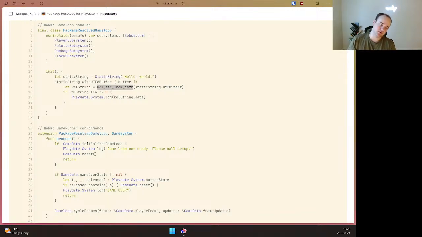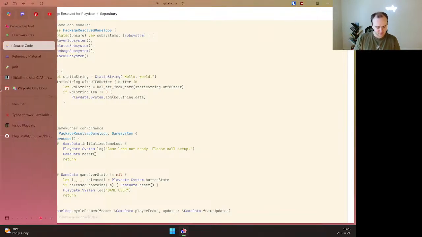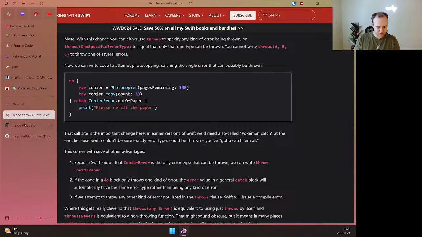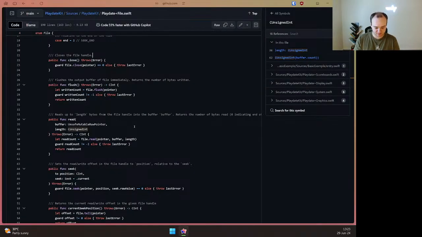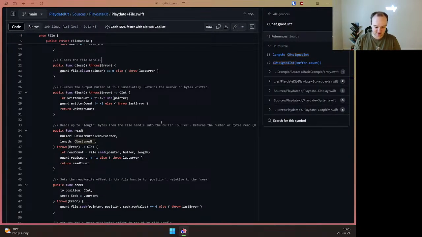I guess we could probably... Can we just make our own C string? Unsafe raw... I think it's this one, right? Let's buffer in the file code. So if we were to look here, since I'm still streaming the documentation.